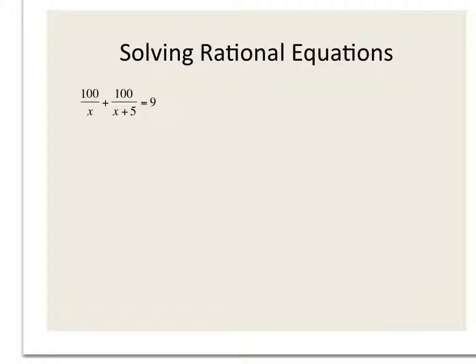So, in the first fraction, we multiplied by x plus 5 on the bottom, so we have to do the same thing to the top. In the second fraction, we multiplied by x, so we have to do the same thing to the top. Now, what's different about this problem is that